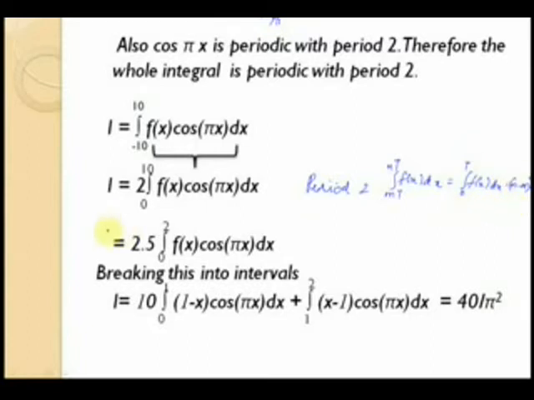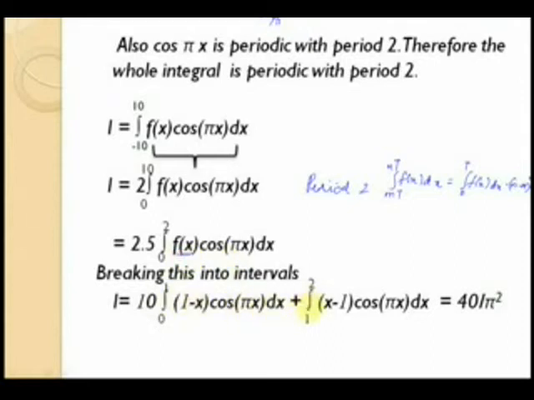So we get I equal to 2 into 5 into the integral of f(x) into cos of pi x dx from 0 to 2. Now what we do is we break this into intervals. So this I would be equal to 10 into the integral from 0 to 1, where f(x) in this range is 1 minus x, into cos of pi x dx